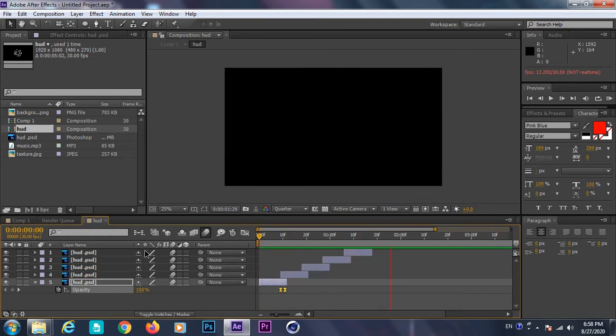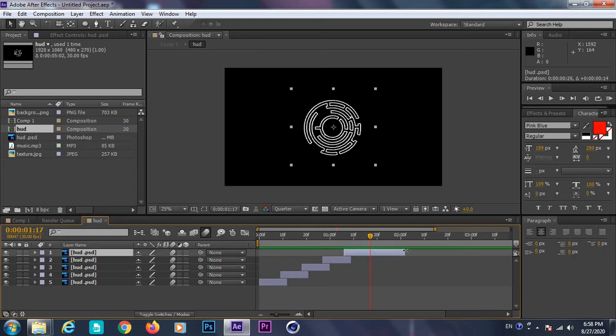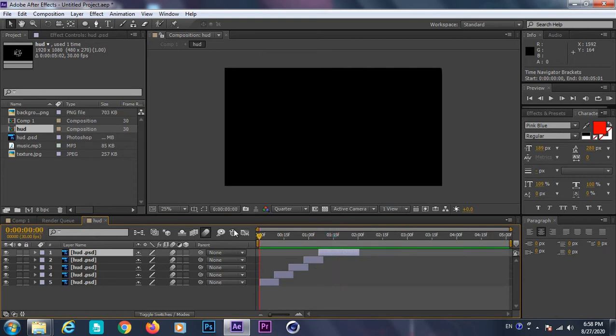Now I apply this opacity effect to all the layers above except the top layer. So I press Ctrl C to copy that layer effect, and paste it here with Ctrl V, and on the above layer Ctrl V, and the above layer Ctrl V. Now I extend this layer around 2 seconds, or 4 seconds, I can say. As you can see, the animation preview is on the screen.